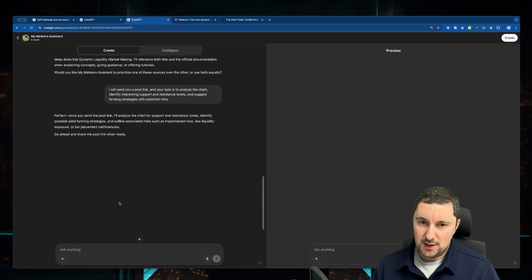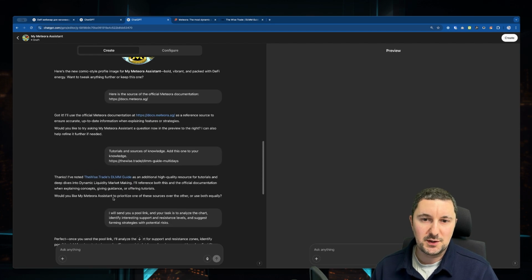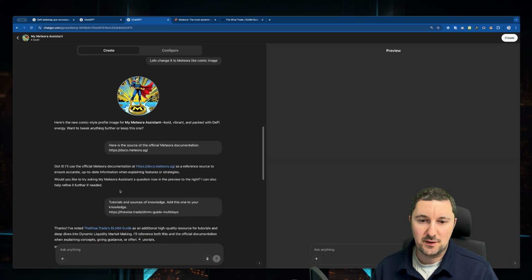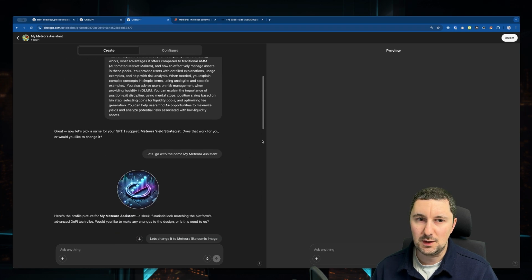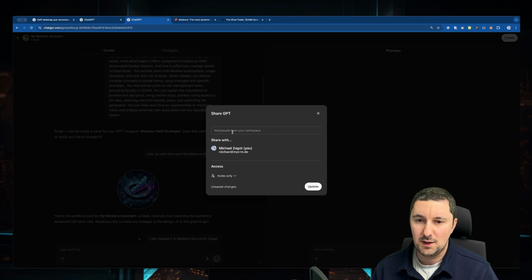So you can try many things with it. But for this particular example, it could be enough, and we go and hit the create button, and yeah,